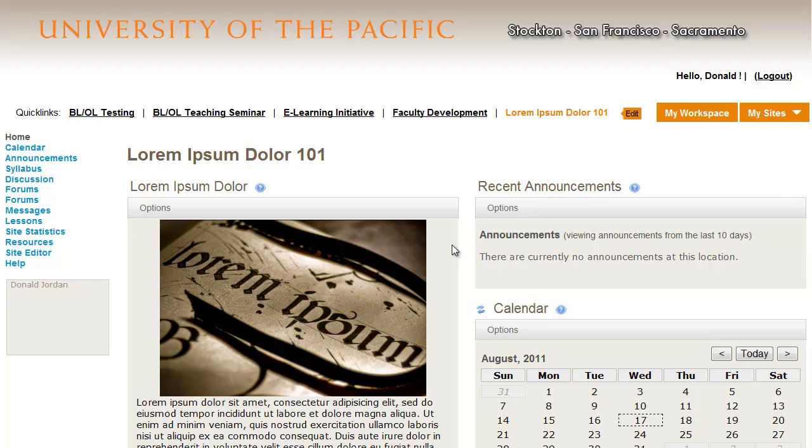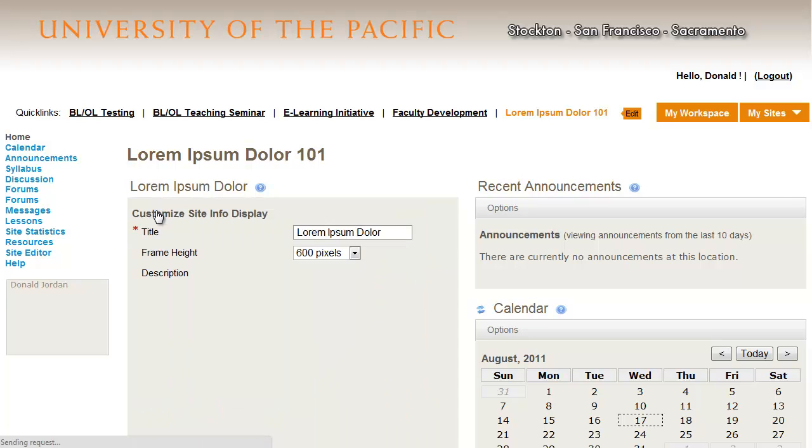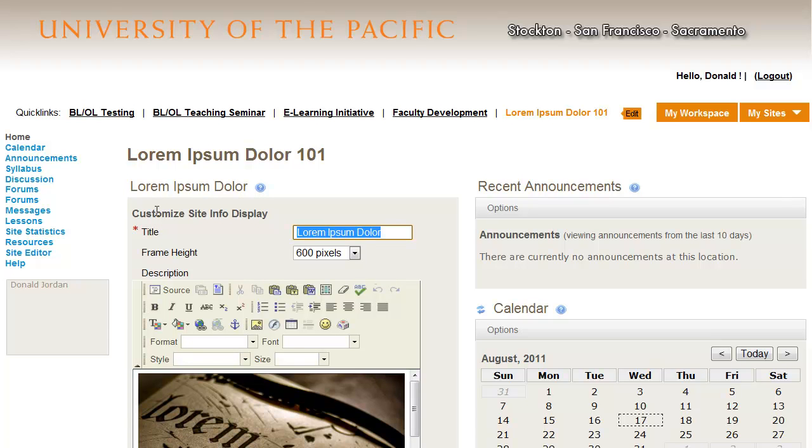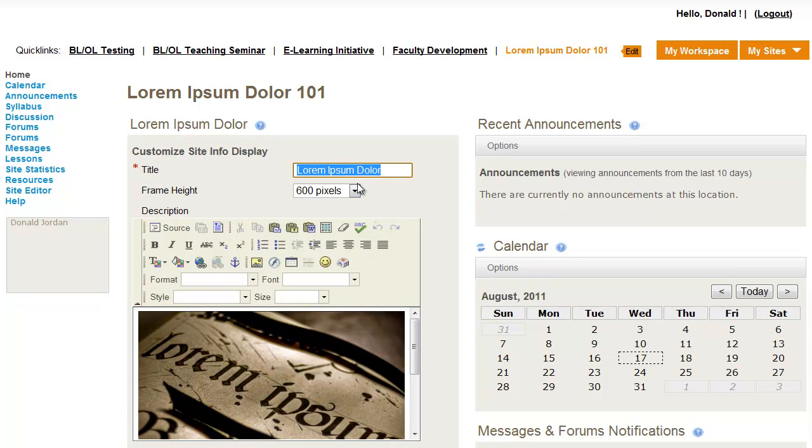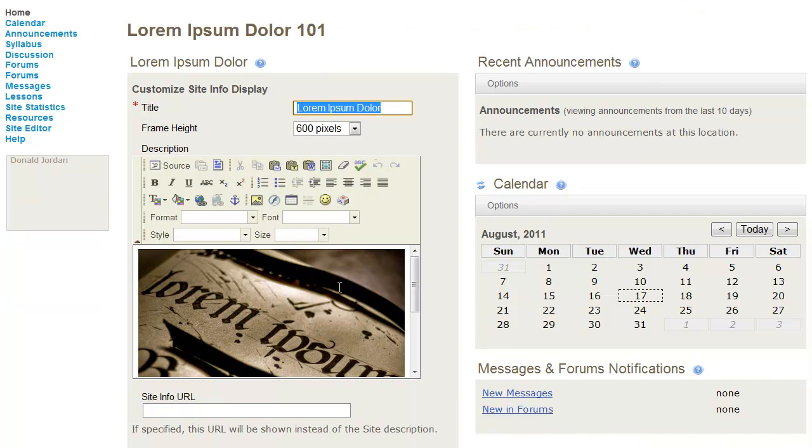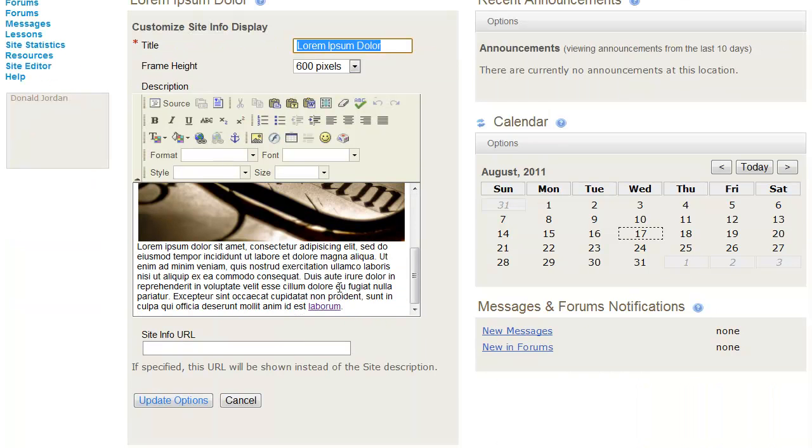To update this information, click on Options, which brings up the customized site info display, where you can change the title, alter the frame height, and use the text editor to add pictures, hyperlinks, and text. As with all the text editors within Sakai, you have access to a wide variety of tools, including various clipboards in order to paste from text, paste from Word,